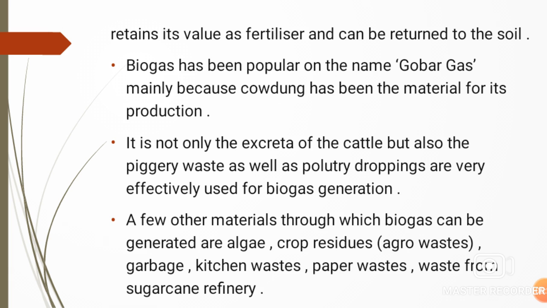As we mentioned, a variety of raw materials, that is biomass, are used for the production of biogas. Generally municipal waste, household waste, kitchen waste or food waste, or piggery waste as well as poultry droppings are used for the production of biogas. Cattle dung is generally used, but other materials are also used. A few other materials through which biogas can be generated are algae, crop residues,